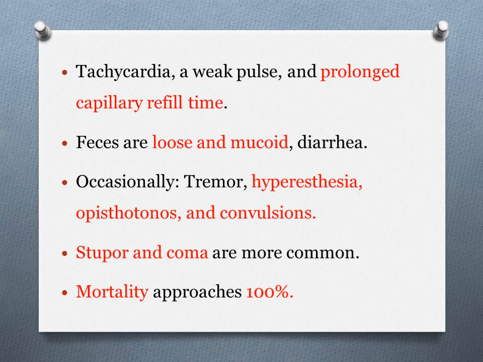There is contraction of the neck muscles. The neck is stretched backward towards the back side. The forelegs are stretched forward. The hind legs are stretched backward. This is the opisthotonus posture because of the continuous spasmodic contraction of all muscles of the body. Convulsions are also found. Great depression, stupor, and coma are common signs because of the toxemia as well as severe dehydration.